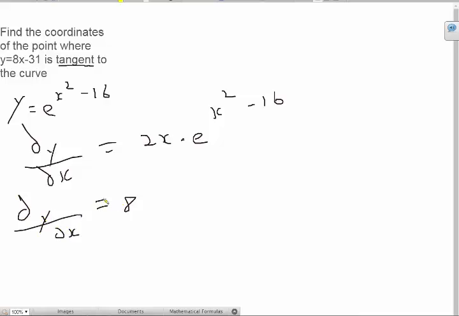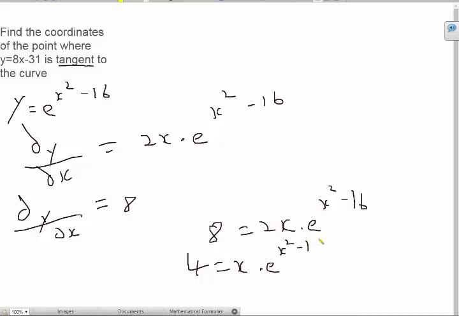And we know that these two have to be equal since it's tangent. So we have 8 equals 2x times e raised to x squared minus 16. And now we get 4 equals x times e raised to x squared minus 16. Okay, now at this point, we end up with something similar to the original equation we had when we equated